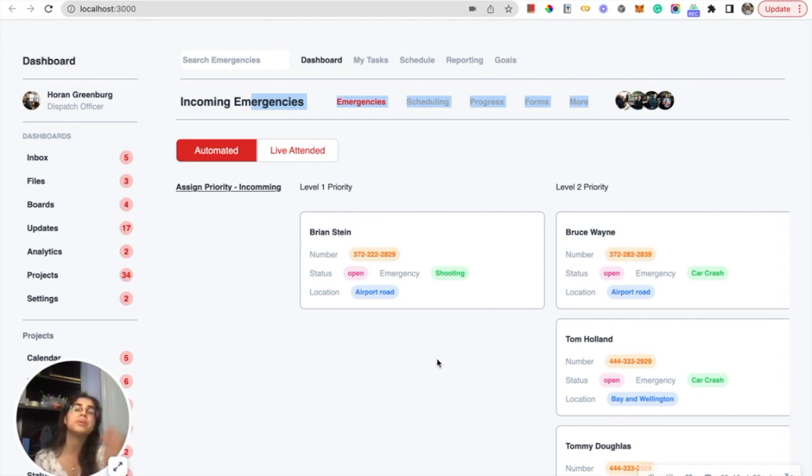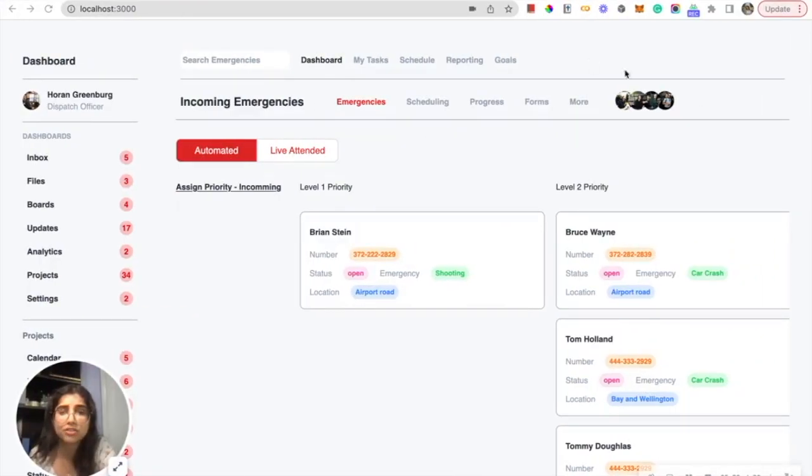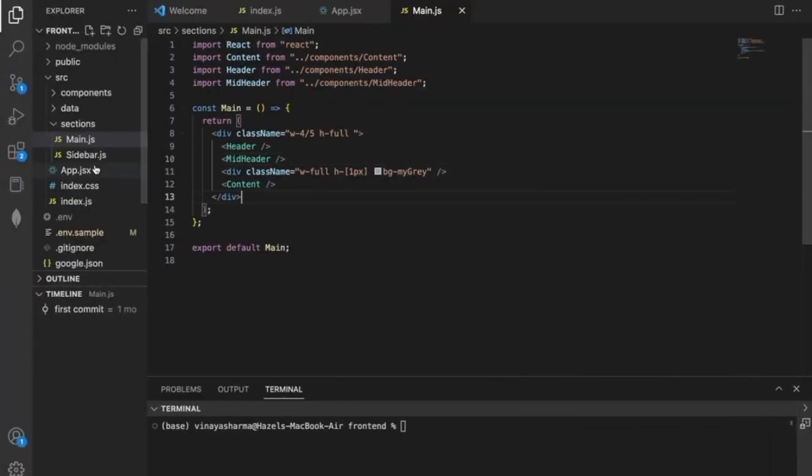It's really important that when you're building with React to break up all your code into these different files, into these different components, because it ensures that, number one, your code's a lot cleaner, a lot easier to read, and it's also a lot more easily reproducible. And again, this header and this mid-header stuff is just HTML and CSS, so we're not going to worry about that too much. What we're going to care about is this content component,